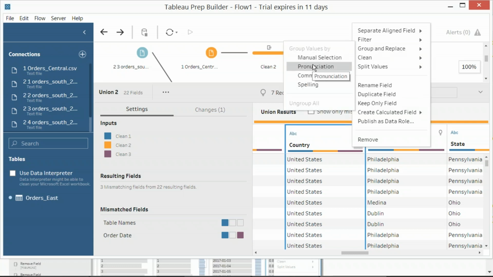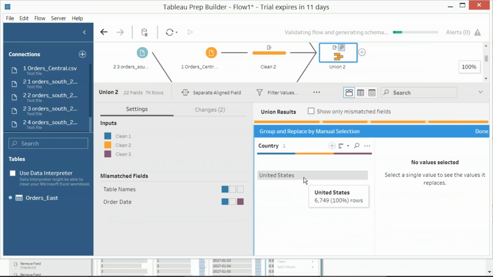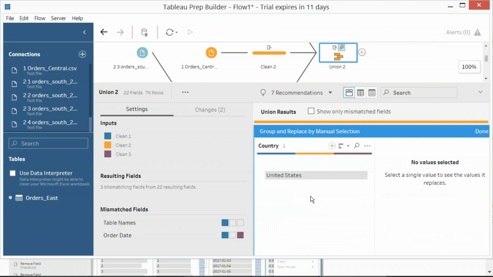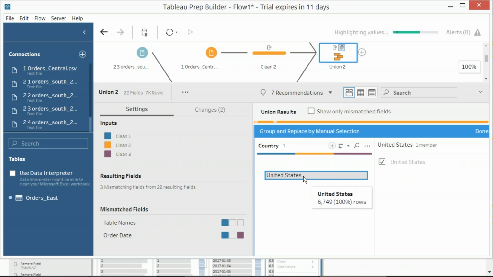Either by pronunciation we can replace, or by common characters or spelling. For now I'll take manual selection. Group and replace by manual selection. Okay, and now here it is. Let's wait for a few moments. Then we get group and replace by manual selection and select this United States country.